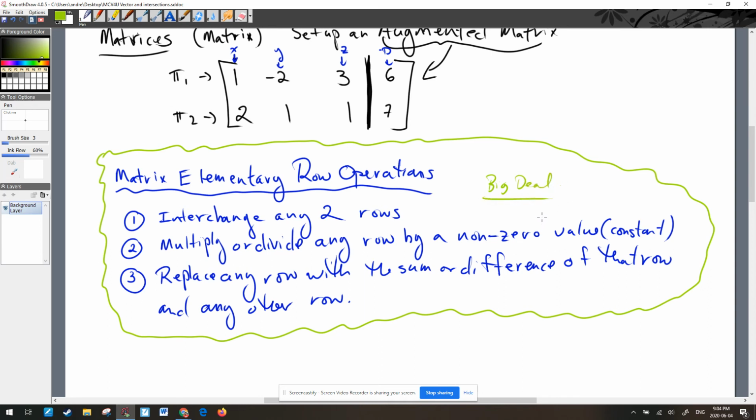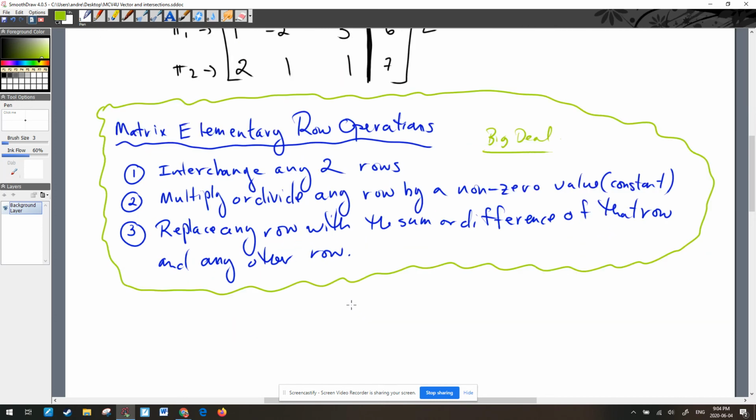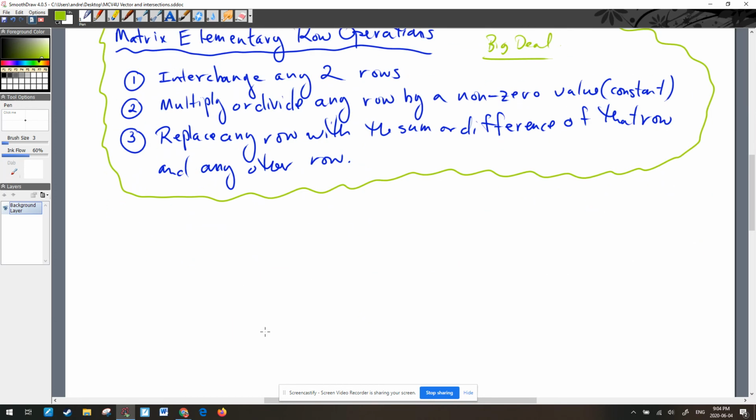Okay, so what is the point of all this? Well, what we're going to shoot for is we want to get our matrices into, there's a few different forms that are acceptable. So what we are going to aim for. Okay. So our goal,